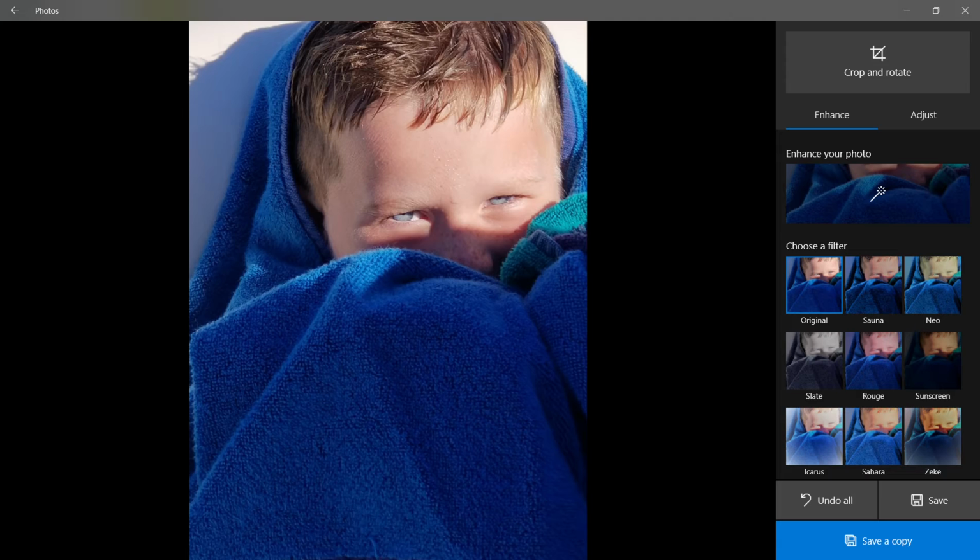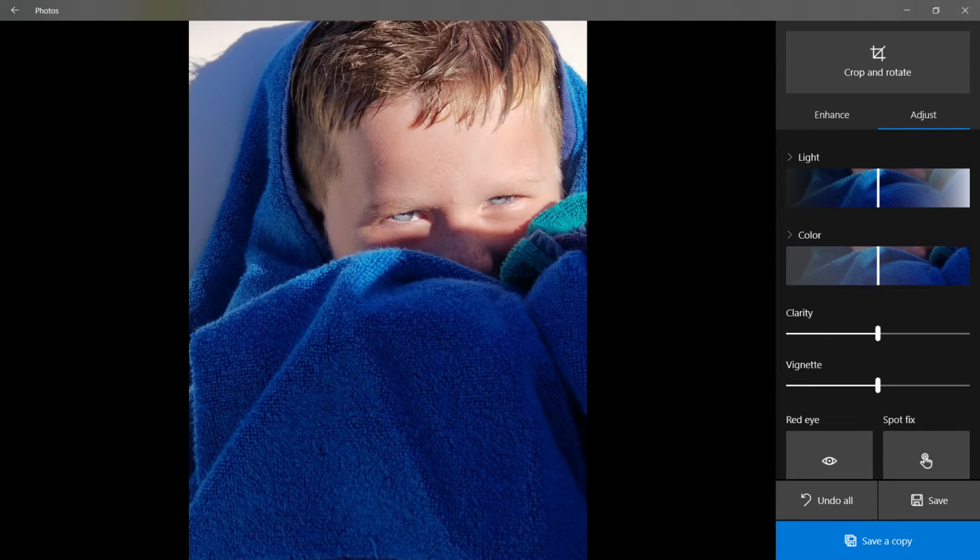So the boy's face is a little bit overexposed for my liking, so I'm going to click on the adjust button up here, and we can actually darken this image a little bit. Before I do that though, I see something else here that I can apply to this image, and that's the vignette. So I'm going to add some vignetting, because what that will do is darken around the corners and the edges